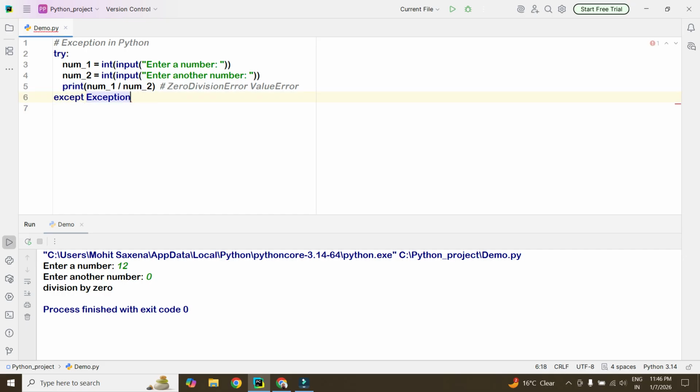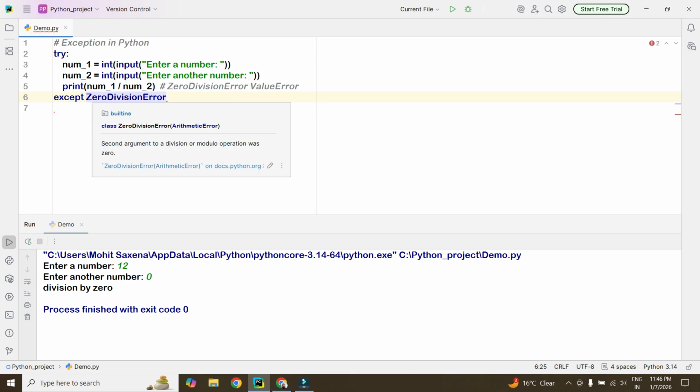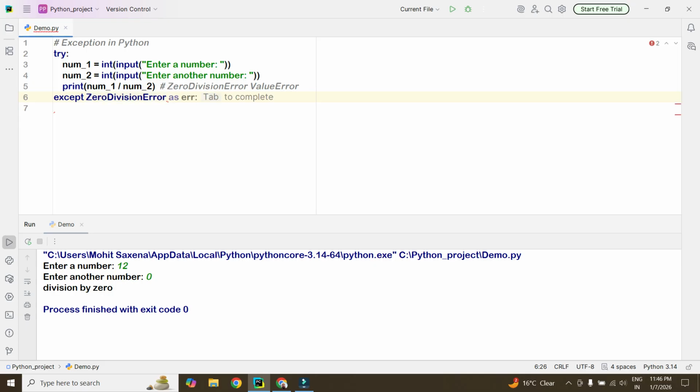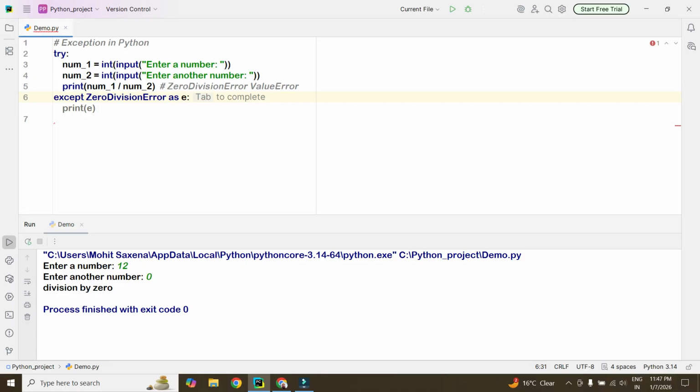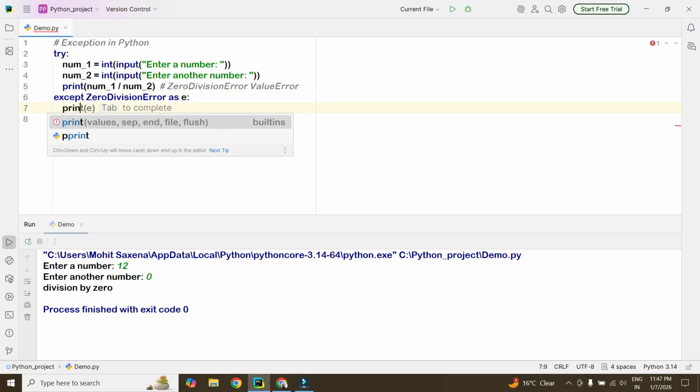So for that, in place of Exception, because Exception is a predefined class in Python, you have to use ZeroDivisionError, which is also a predefined class in Python. If you see, the class name is written in camel case form. Behind the scenes ZeroDivisionError is also a class, so we first make a reference of ZeroDivisionError. So here I write ZeroDivisionError as e, we make the reference of that class, and here we want to print